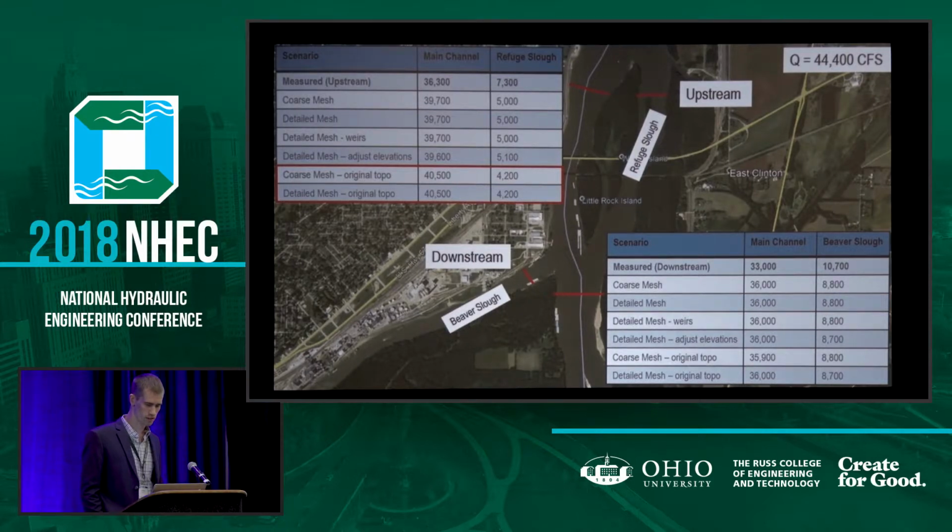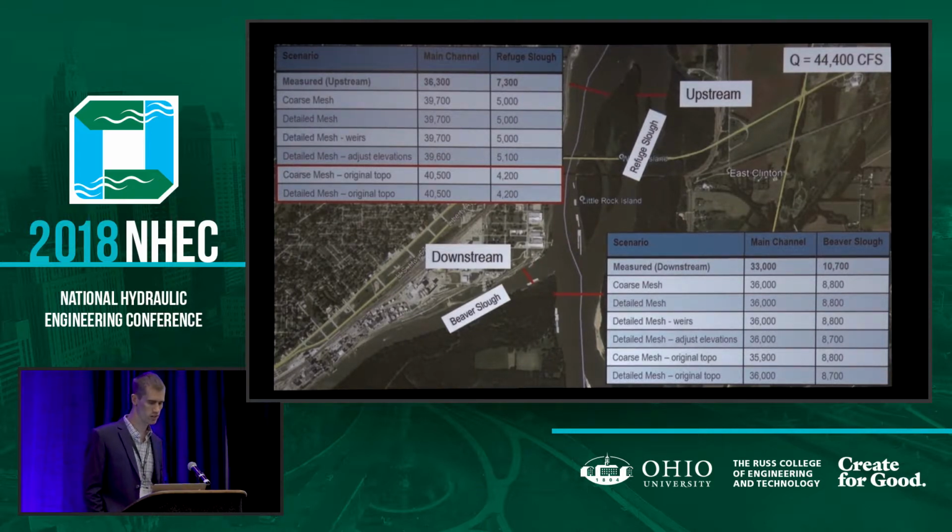We've got two transects there, upstream of our bridge and downstream of the bridge near the entrance to Beaver Slough. If we look at the table at the top left, we'll see that the measured flows in the main channel are about 36,300 CFS, and in what I'm calling the refuge slough,